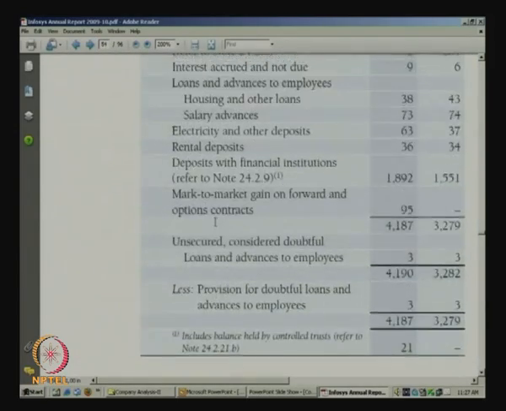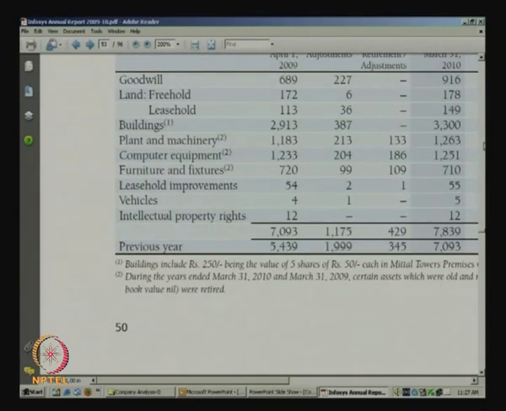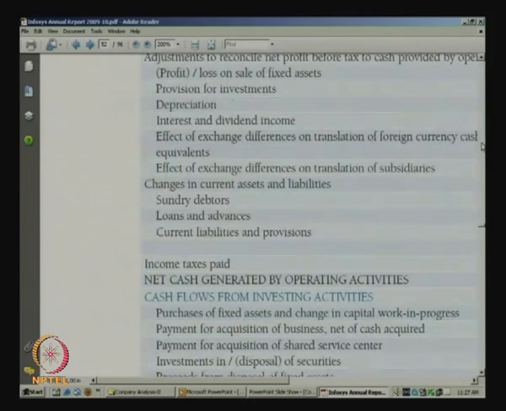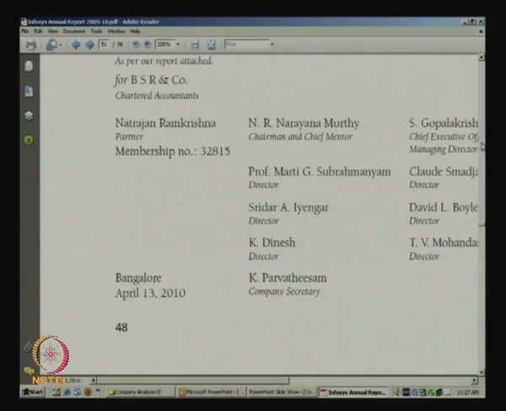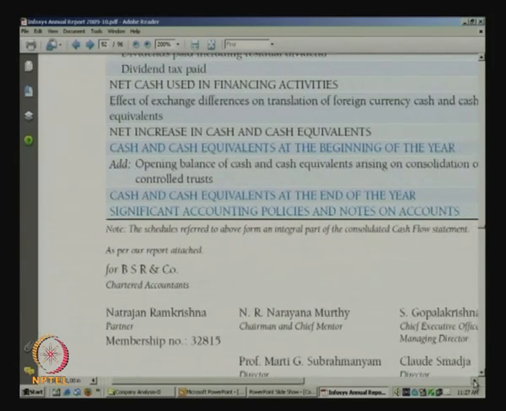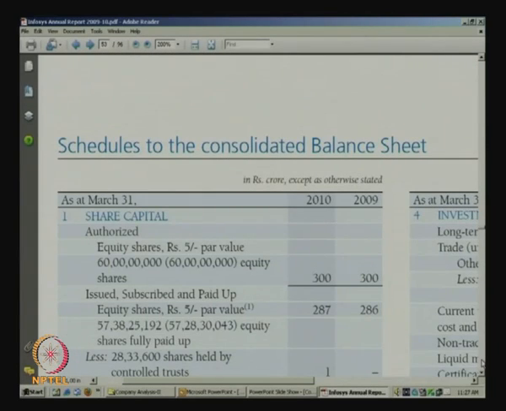One can have a look at these statements, which include a consolidated cash flow statement. The company also has a consolidated balance sheet and income statement. We have another item, as we discussed: significant accounting policies and notes to accounts are also provided here, and there are different schedules, because it may not be possible for a company to disclose everything about a financial figure in detail in a balance sheet.